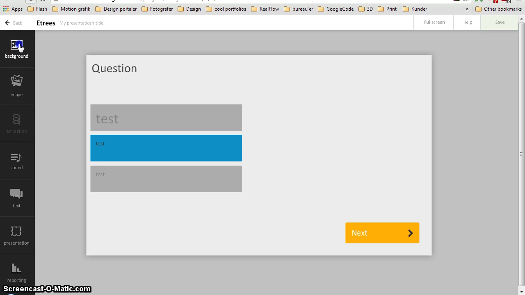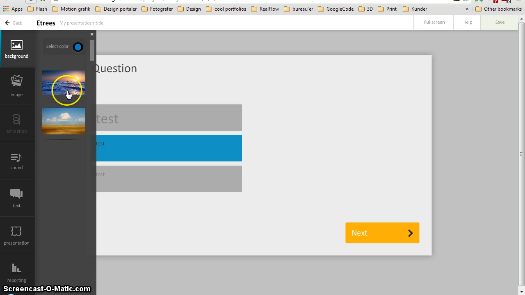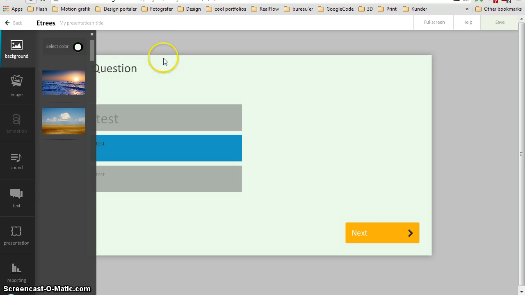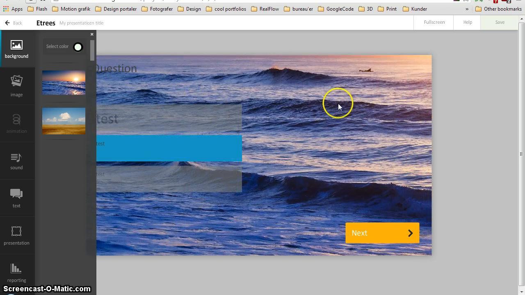I start by opening the background. You can see we have a little preloader loading the images that we saw were available in the library, and I'm going to add this to my stage in just a bit, to my presentation. If you don't have an image, it's still possible to add a simple color, just so it's not just white. You can choose basically whatever you want. I'm going to take a little greenish color,